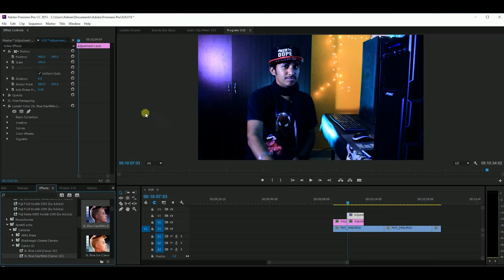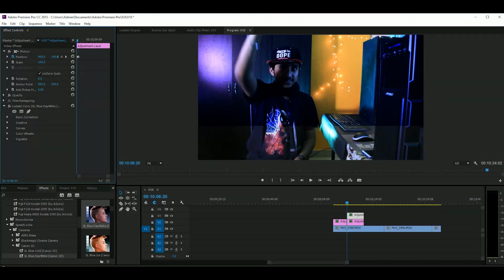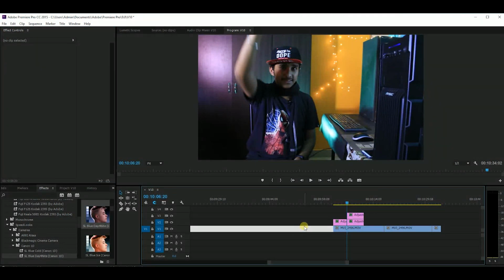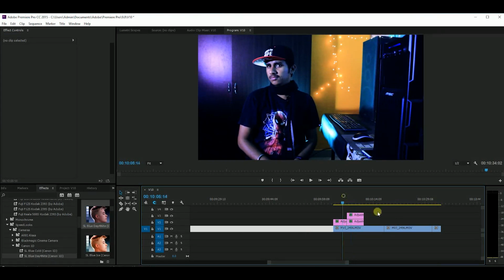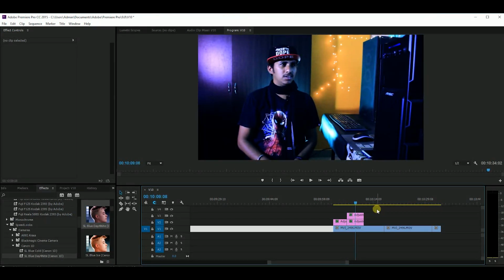So I am setting a keyframe by selecting position at the place where my hand is totally out of the frame, and I move my slider towards the left and adjust it such that the filter is totally out of the frame. So when I play it now, it looks like the previous filter moves away from the frame and the new filter enters the frame. So that's how this effect is made. By doing this again and again for all the hand movements, we can make beautiful videos like we are playing with filters. That's how this effect is achieved.